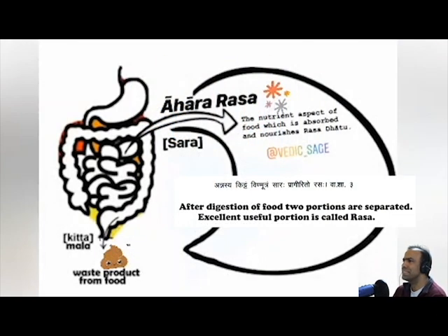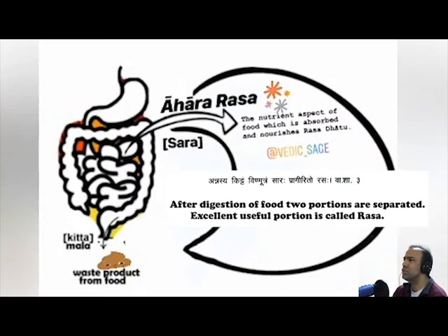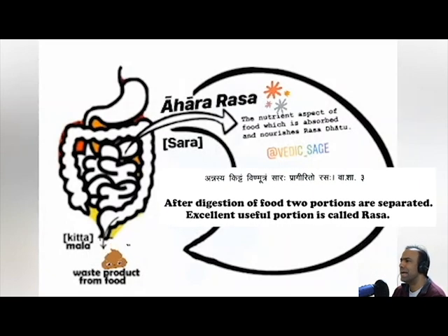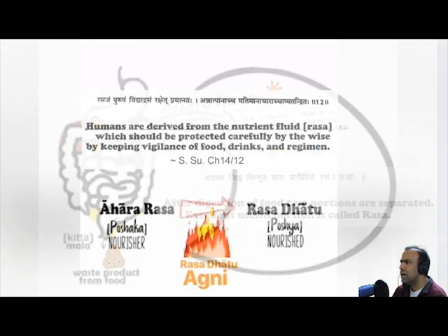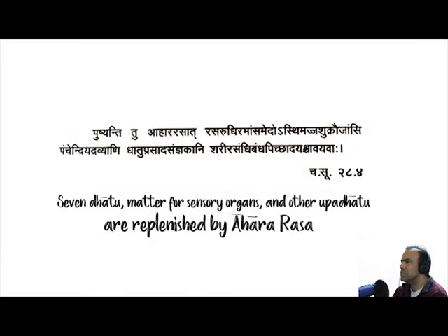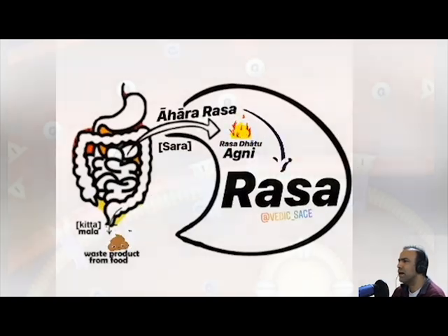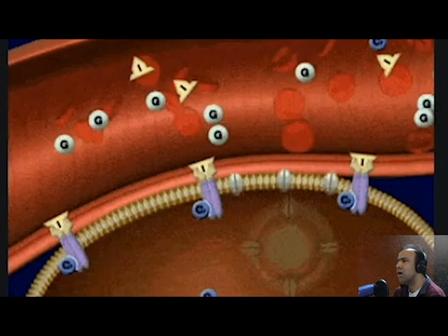Ahara rasa is the sada portion of food, or the excellent nourishing portion of food which has been absorbed from the gastrointestinal tract. Ahara rasa nourishes Rasa Dhatu. Ahara rasa is the poshaka, or the nourisher, to that which is nourished, or poshya. The primary function of Rasa Dhatu is nourishment, as rasa circulates throughout the body and provides nutrients to all bodily